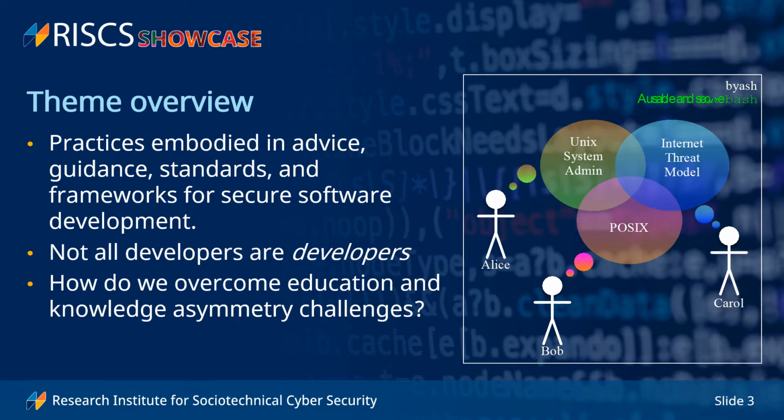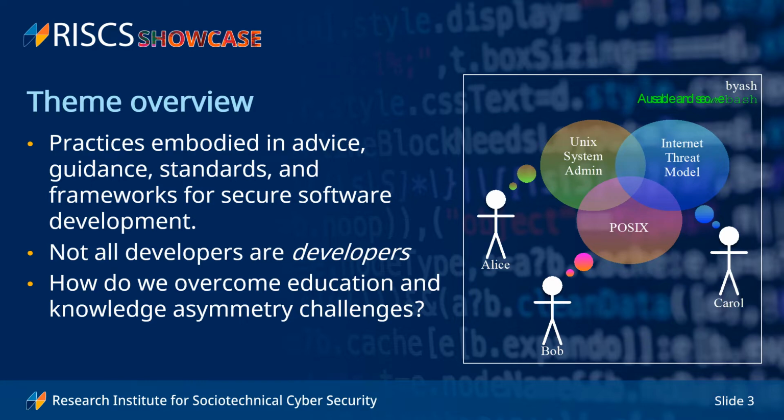So here's a slide from one of our workshops. We have Alice and Bob. They have security requirements that they don't know. Perhaps security requirements that they know that they can't convey. And we've got Carol, our security expert, who can't get at them because they have knowledge that they can't actually convey to Carol. And Carol only really knows so much about what Alice and Bob are doing, which stymies her ability to get these requirements on her own. You know, classic knowledge asymmetry, not specific to secure development practices or even computing in general.